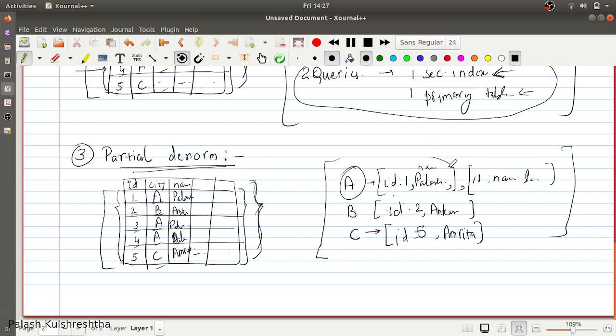If it is not present in your lookup table, you can query on the basis of ID field in your main table and then fetch the data from there and then give the result. So in this case, there's some chance that a portion of the data can be served from the partial denormalized table.